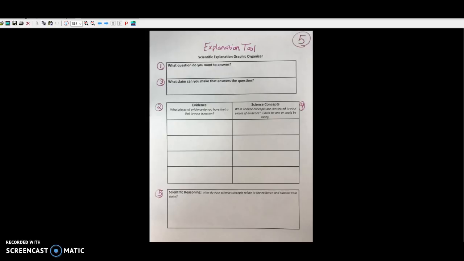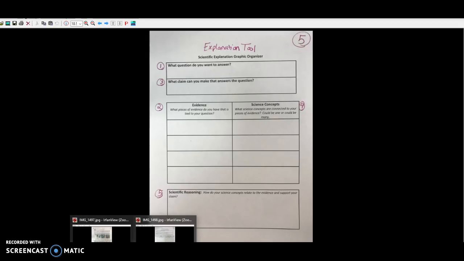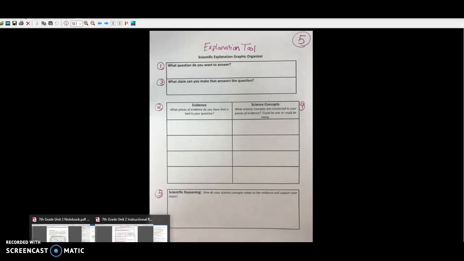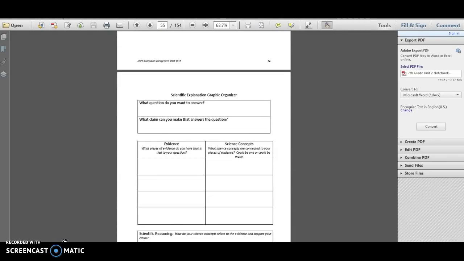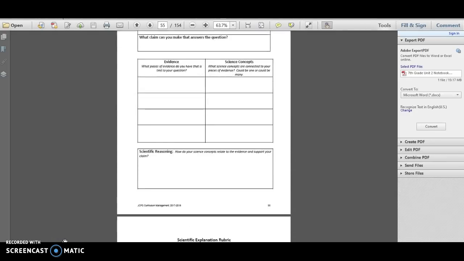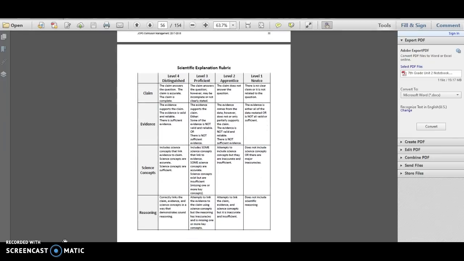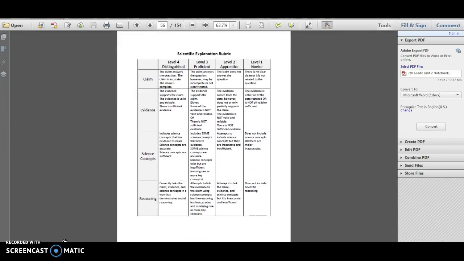But also make sure that you don't forget to look at the rubric. Mine's going to probably be a little bit sideways here. But after you've filled in your response, still go here and look at the rubric. You make sure your claim is a level 4, your evidence is a level 4, your scientific concepts and your reasoning are all level 4s. That is a good claim evidence reasoning